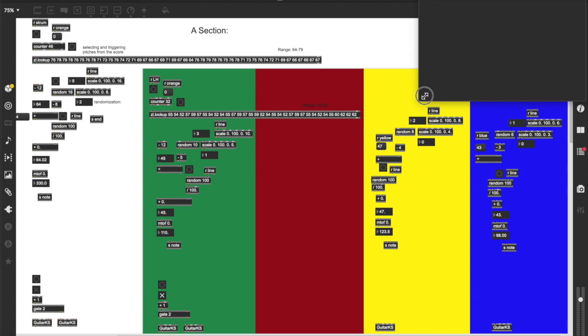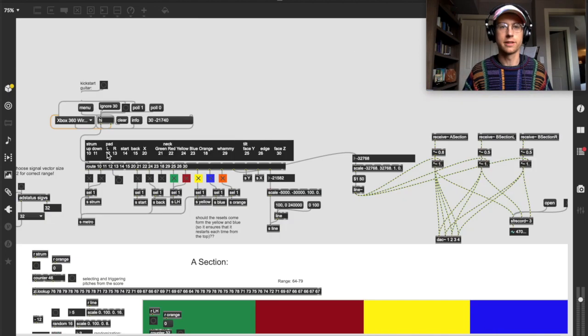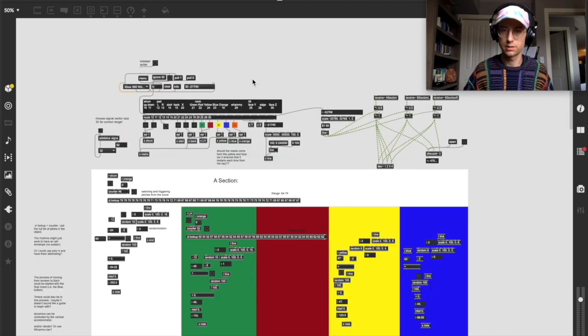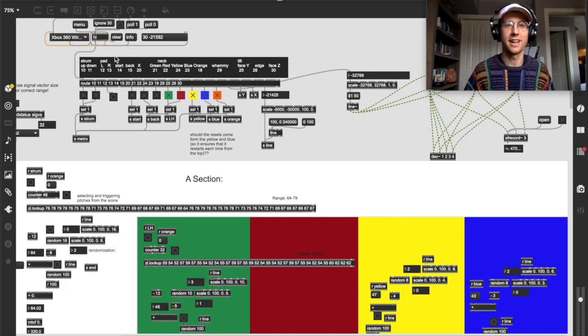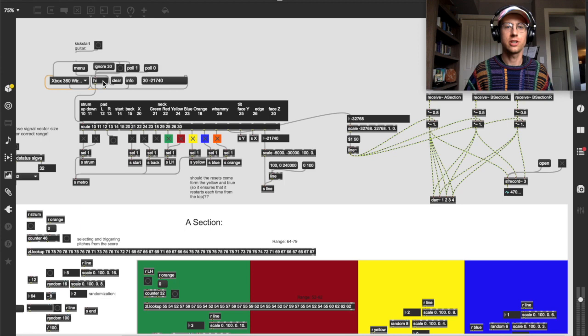Alright, so how did I do that? I did it in Max, where all fun things happen. So I'm using a HI object. Oh, might have some lag on this video because I am screen recording and my computer is almost 10 years old. Let's see if I can zoom in here. Yeah. So an HI object